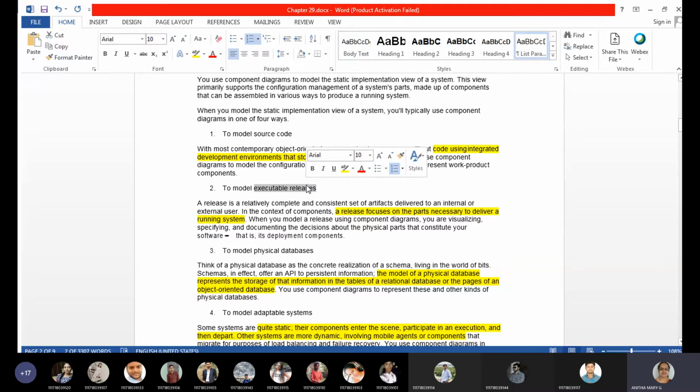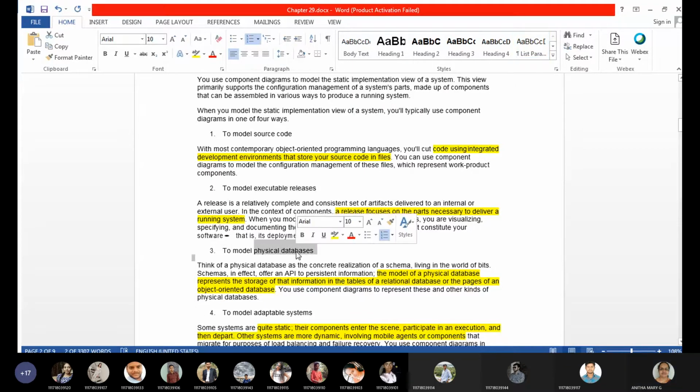Executable releases, as the name says, means .exes. Executables are the releases that focus on the parts necessary to deliver the running system. Then physical databases: how databases exist and how we can physically show them in diagrams.